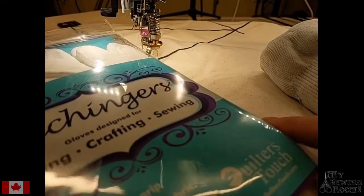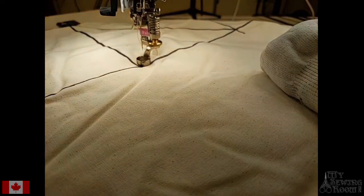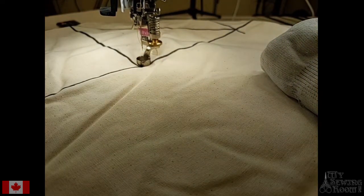Those are machiners. They come in different sizes. I probably need a new pair. This pair is quite worn. And the other thing I put on my rulers, from a sit-down domestic standpoint,